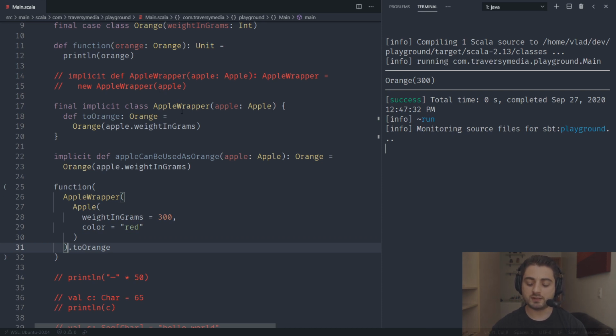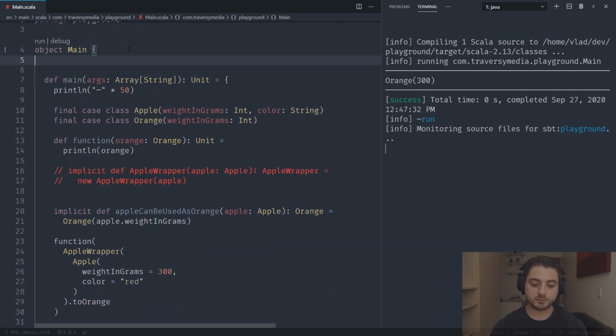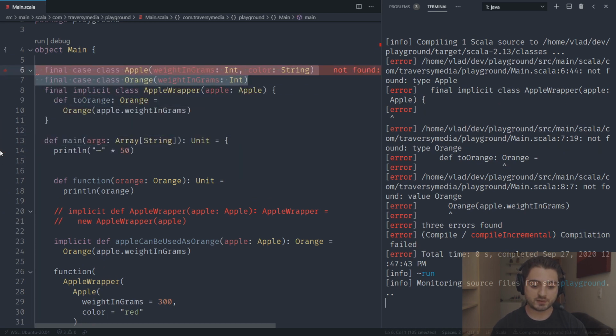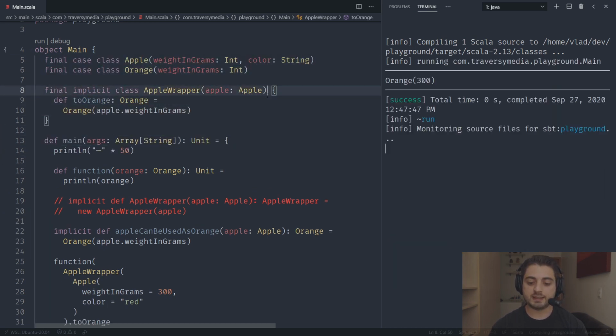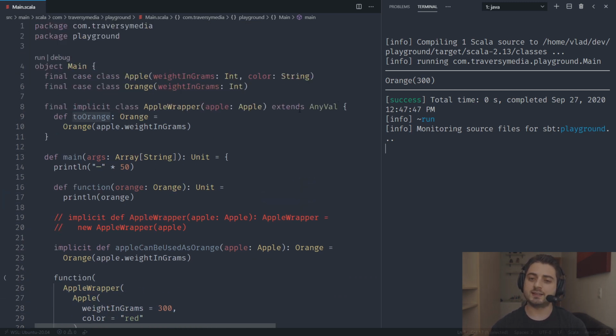Now, a common convention is, let me actually move it out to an object like this. I need to move these guys out as well, like that. It is to also extend AnyVal. Remember I told you that AnyVal is like an optimization, because every time over here you're doing toOrange, it will actually create another object of AppleWrapper just so that it can call a method. So if you do this, then it's going to use a table at compile time instead of actually creating